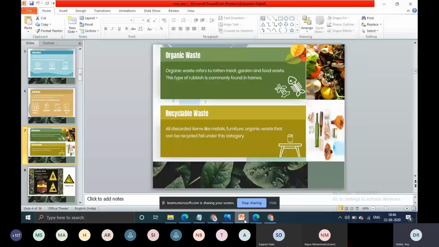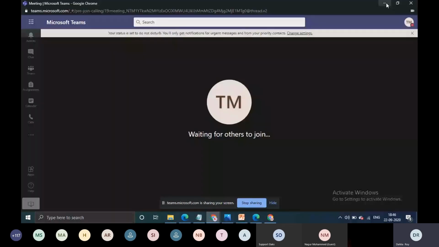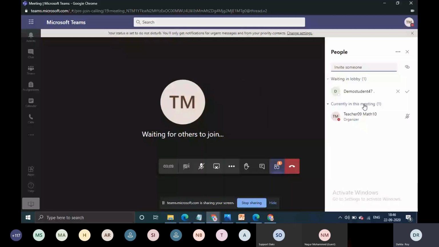As sir was concerned about how to conduct the live class when a teacher enters, my recommendation is as soon as you get into the class, let the students know that you are there. Okay. And after that, just click over here and you can see all of the participants. Right. So see, I am here as a teacher. Okay. And I have the students waiting over here. So when I let them enter, they can enter. As a teacher, I would recommend you to go to this option and you can see all of those who are joining. And when you see all of them have joined, you can definitely start the class.